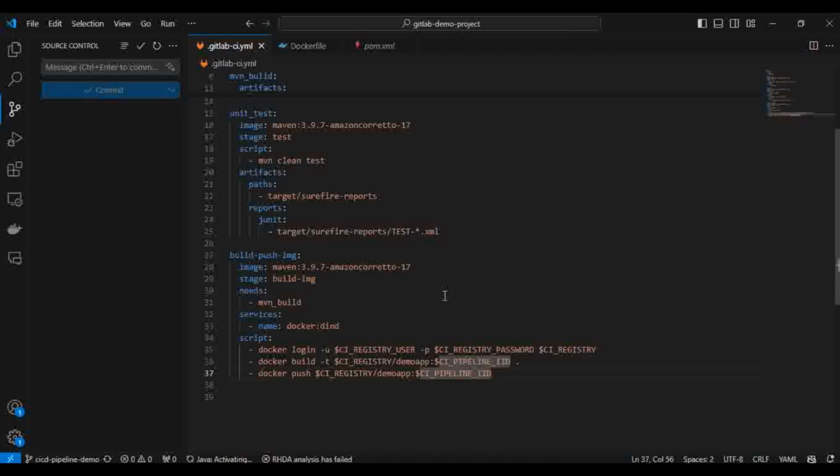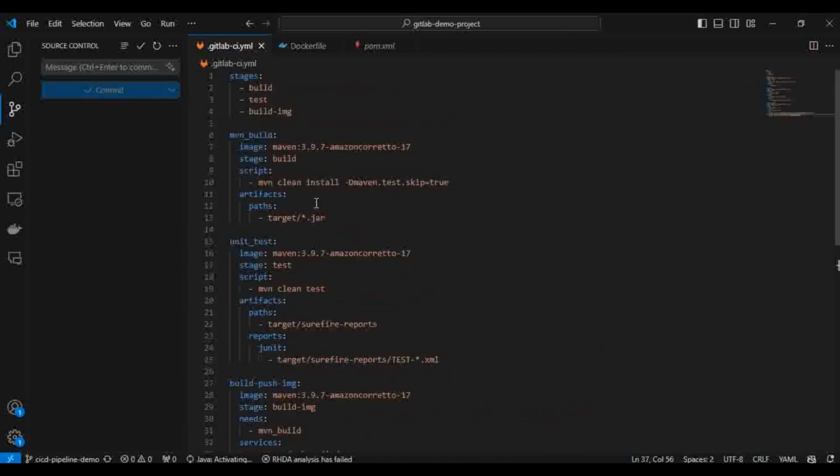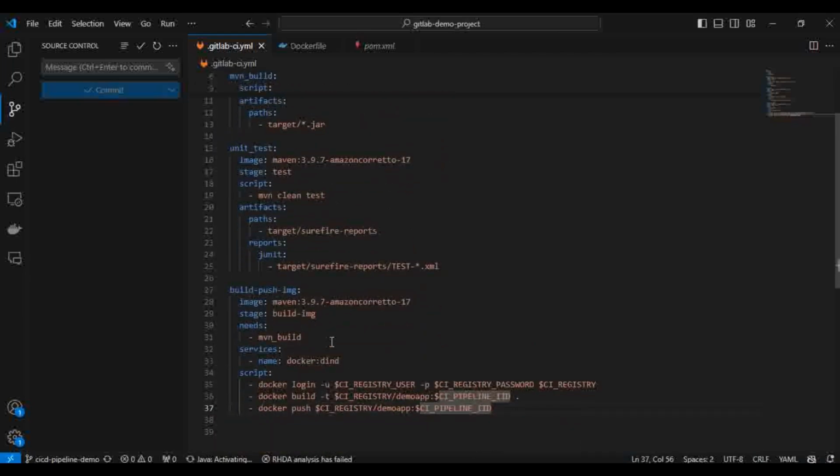Docker login. This is correct only. This is a Docker dind services. This is fine. Then stage is a push image, right? Oh, sorry, okay, build image. I treated it like build image. Okay, and